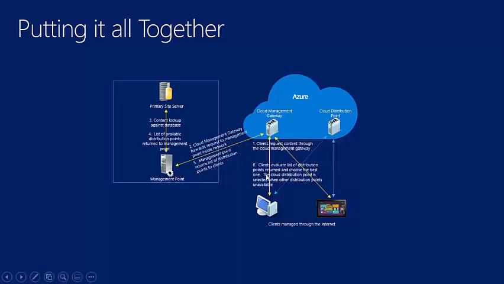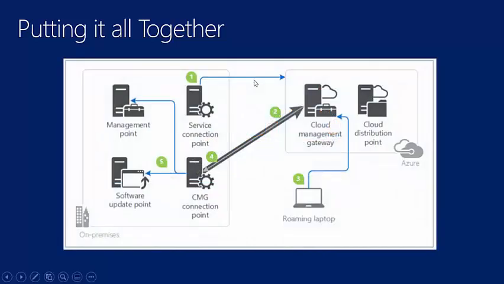And then finally, clients evaluate the list of distribution points and pick which one they need. If the only one available to them is the Cloud Distribution Point, then the client will go to the Cloud Distribution Point to retrieve the content, right? And then this graphic, which is actually taken from the official documentation, again shows how all of this fits